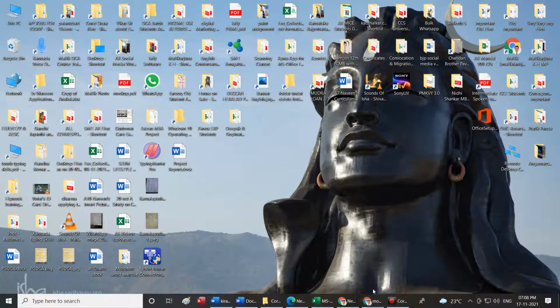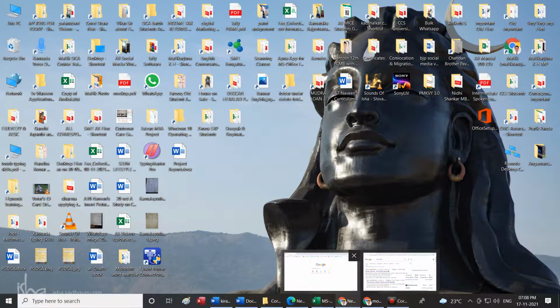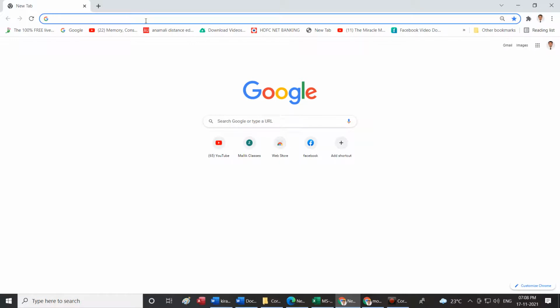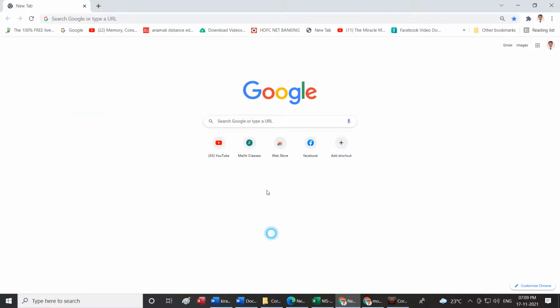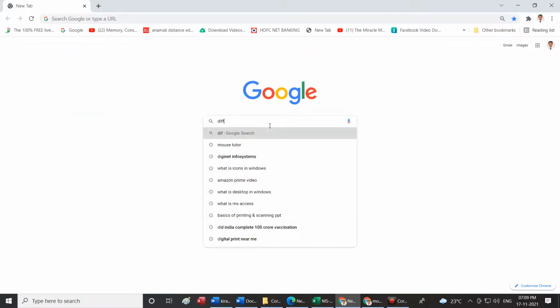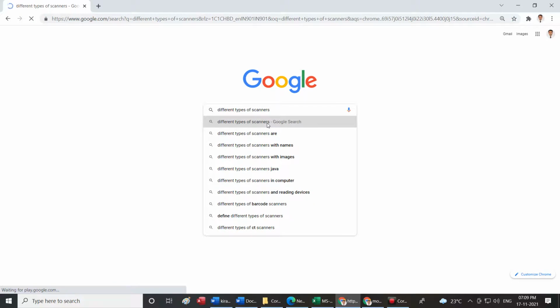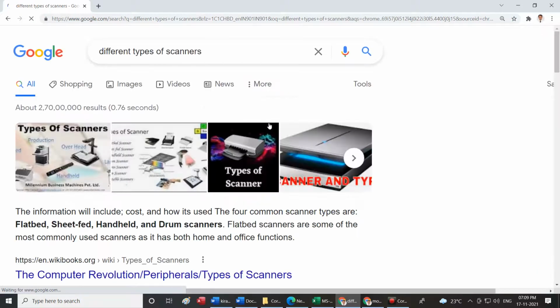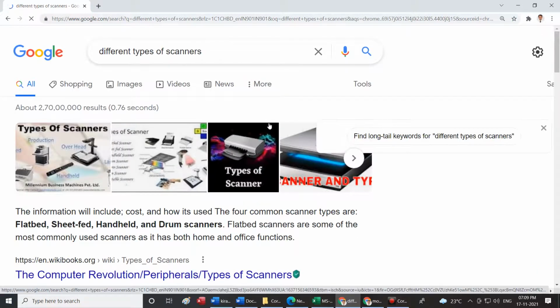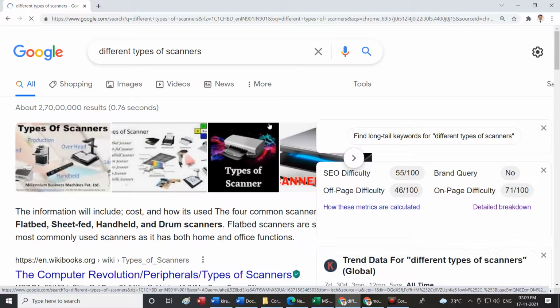That's it, sir. Okay, now whenever we talk about a scanner, there are different kinds of scanner. Just to give you a small hint, I just wanted to explain to you different types of scanners. You get handheld scanner, you get flatbed scanner, you get a barcode scanner, depending on what it scans.